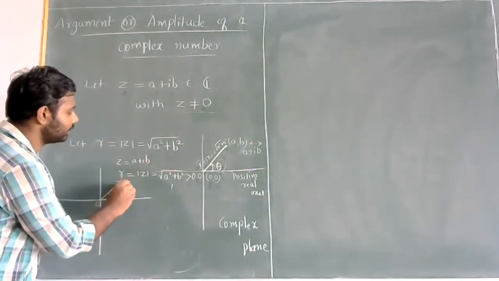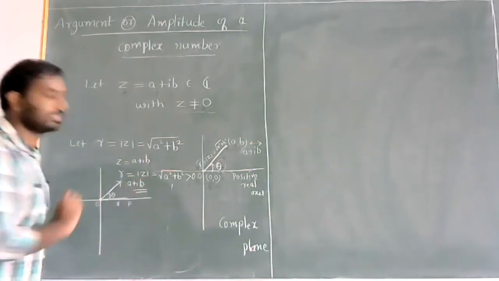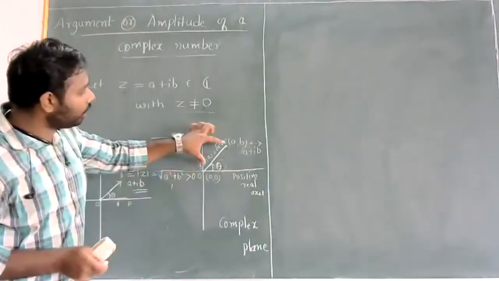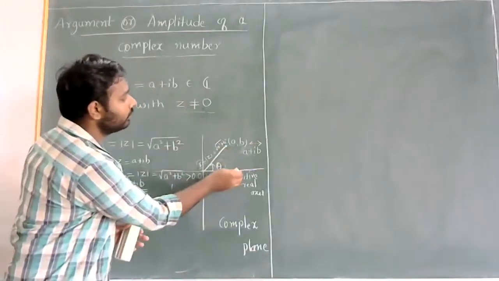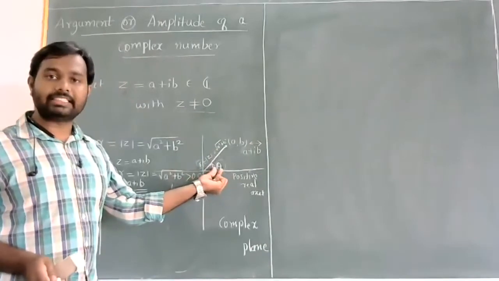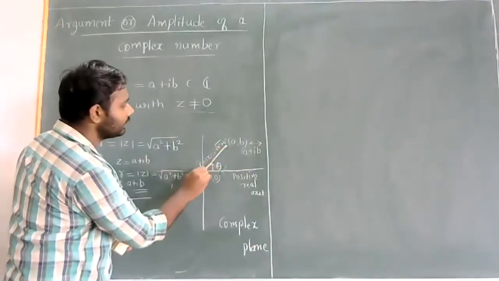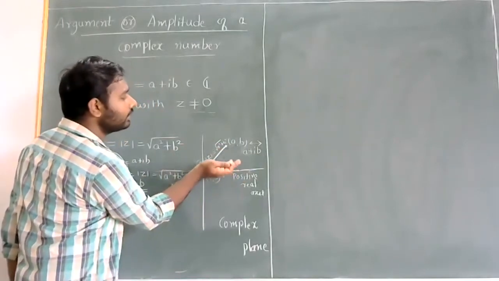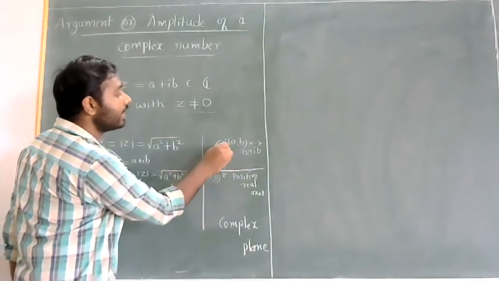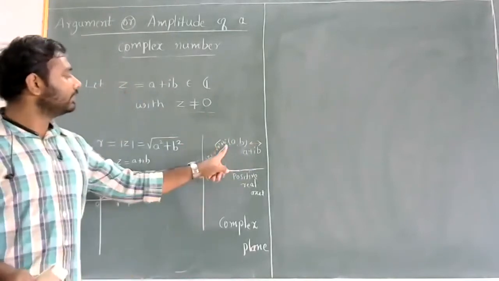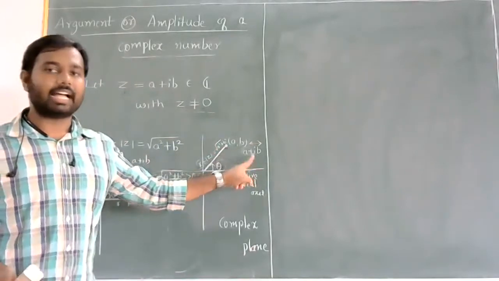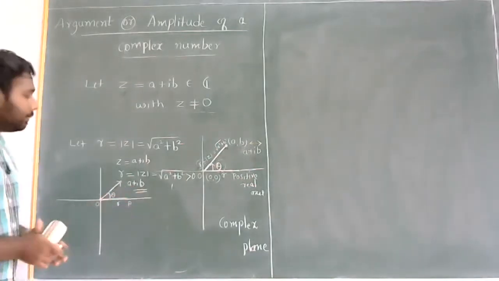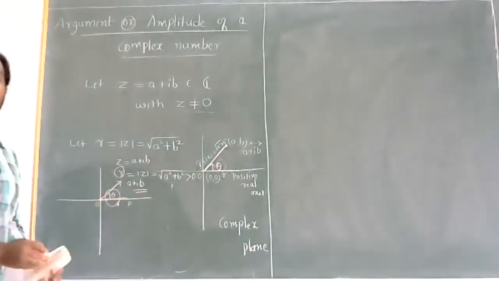So this point will be nothing but the complex number a plus ib. If I rotate this line of length r from the positive real axis by theta, where it stops will be the complex number a plus ib. So this is a new method of representing the complex number a plus ib using two new real numbers, r and